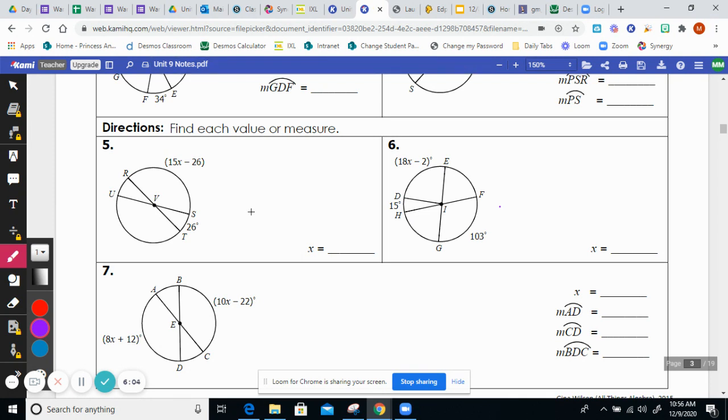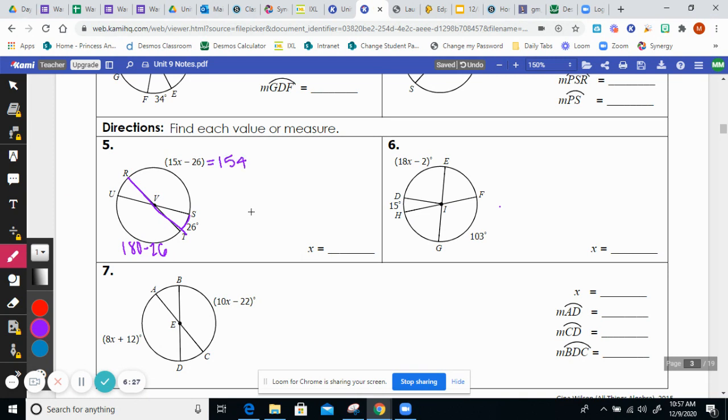So on this one, we need to find x. We know that this little arc right here is 26 degrees. We also know that we have a semicircle right here because this cuts through the diameter. So I can do 180 minus 26, and I can find that this arc is going to be equal to